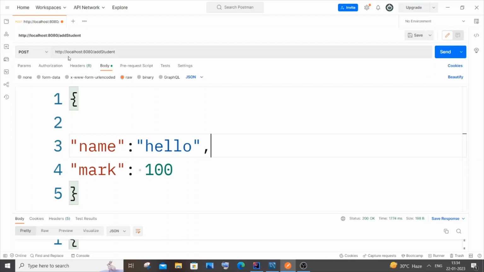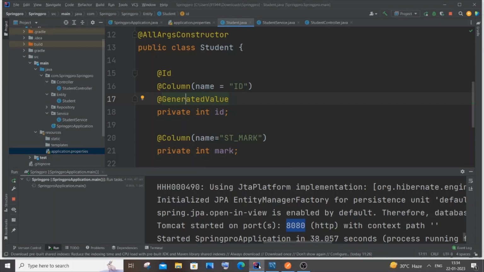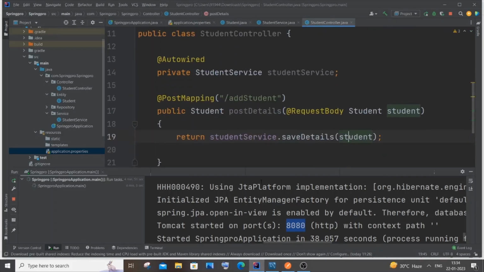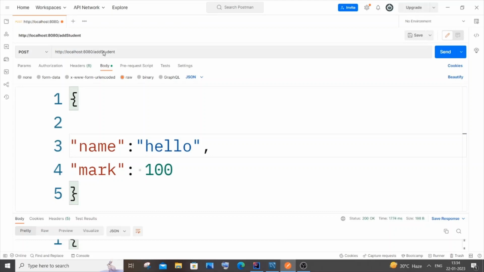Operation, and you need to change the path as well. So the path that we have specified in our controller, where is the controller? Yeah, StudentController, this particular path should come over here. You need to be careful with the cases as well. So I will just change it to some name. Not meaningful, hello, hi, something like that. And I will go with 1000 as the mark, some random thing. If I just now send it,